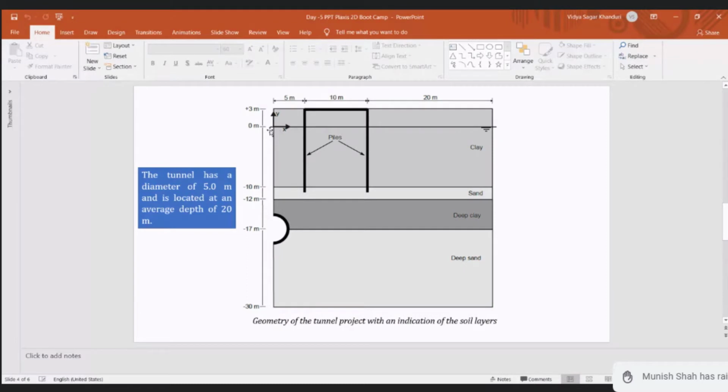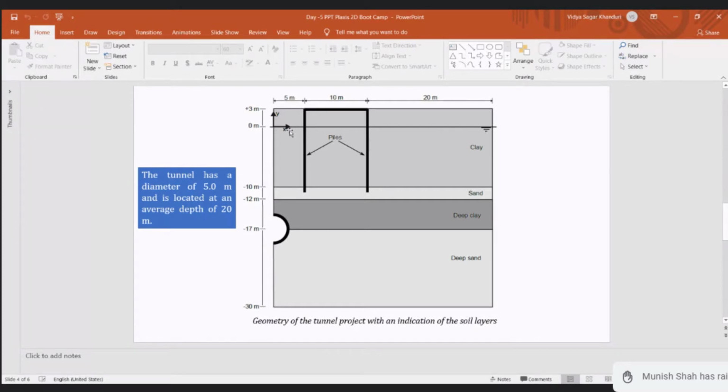Here we have the ground, and 3 meters up is the water level, the head level, and below there will be a depth of minus 30, right? We have to create this tunnel at a depth of 20 meters from the 0 level.